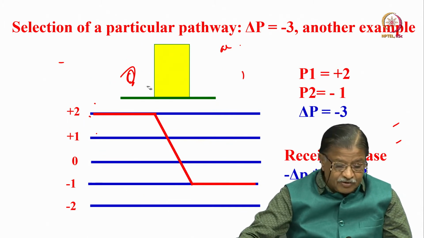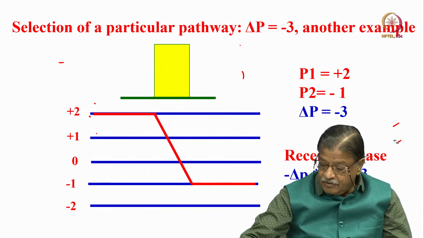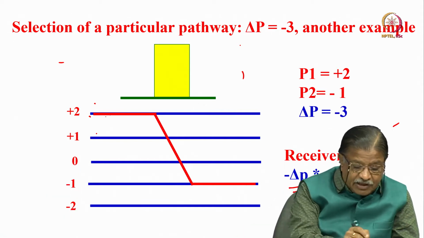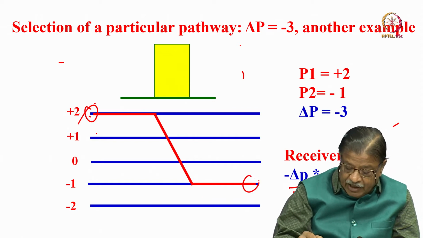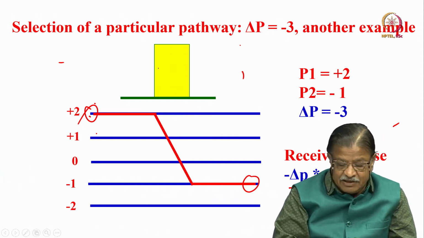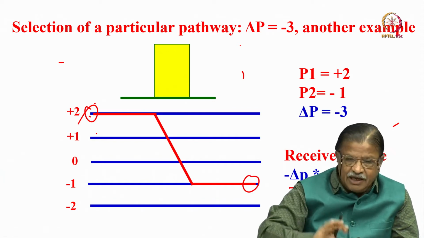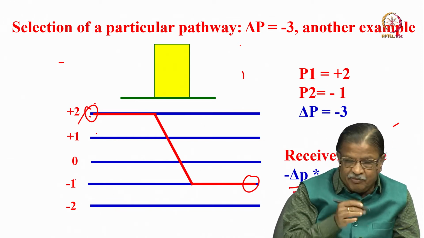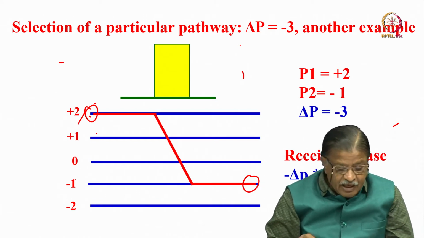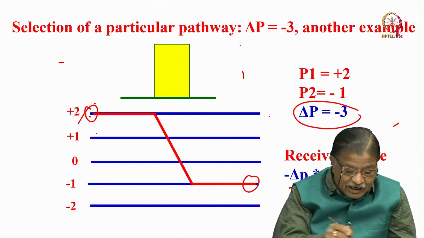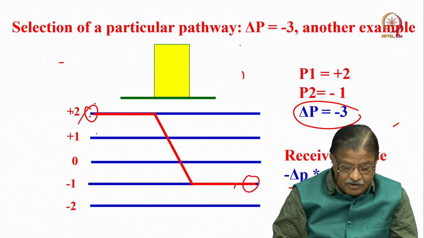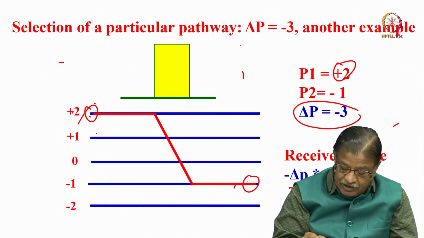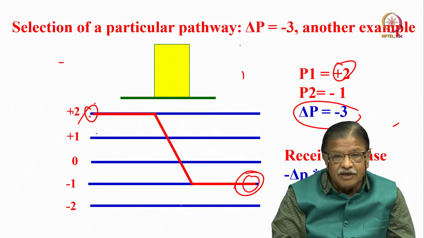See, I am going to choose this pathway. I am going to choose the pathway from +2 to -1. Already this pulse has created higher quantum coherent orders like +2, -2, up to +2 to -2, everything is there. When I want to select delta P equal to -3, I can select from +2 to -1. +2 is the initial state, P1,